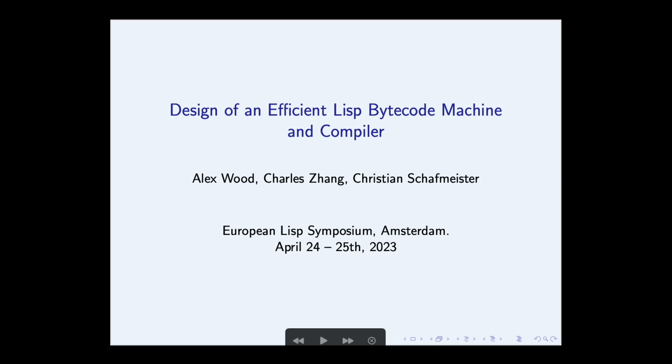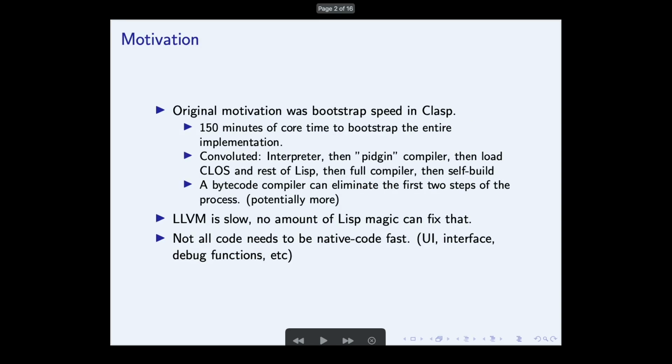Okay, so yeah, I'm Charles Zhang. I did this work on an efficient Lisp bytecode compiler with Alex Wood and Christian Schafmeister, who supervised the project and also contributed to some of the virtual machine and a little bit of the compiler. So this was a group effort. I did the design for the bytecode machine and worked on the compiler, and Alex also worked on the bytecode compiler and a lot of the virtual machine, and also the C++